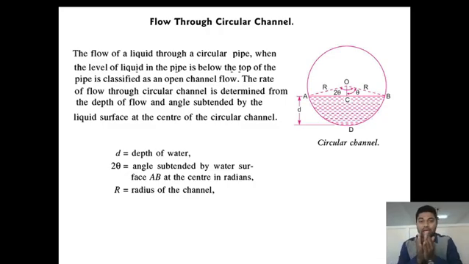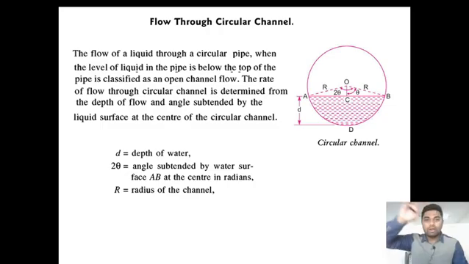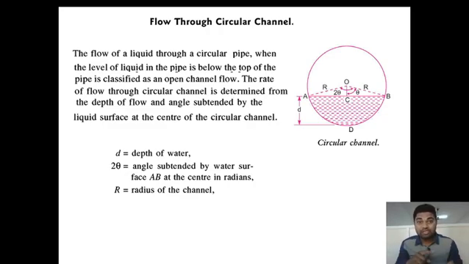Here we are talking about flow through circular channel, which is open channel basically. Suppose consider a pipe. If you consider a pipe, all the areas are closed, so we call it a closed channel, but here we are talking about a circular channel which is open. So, how do we distinguish whether a circular channel is an open channel or a closed channel? The logic is, if the circular channel is flowing to its full diameter, then that channel is a closed channel.